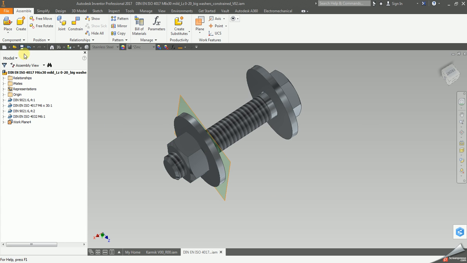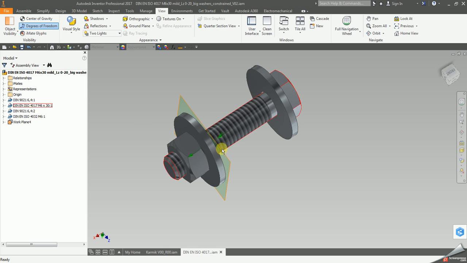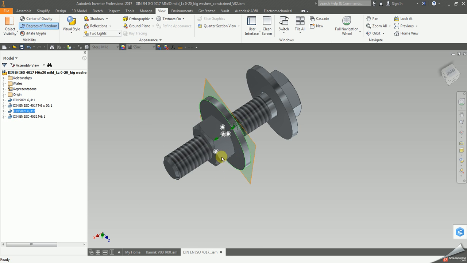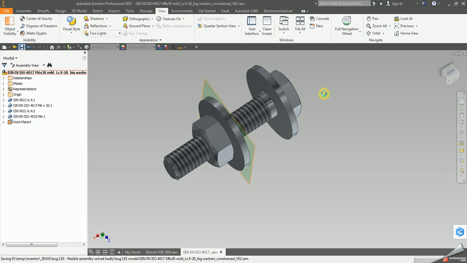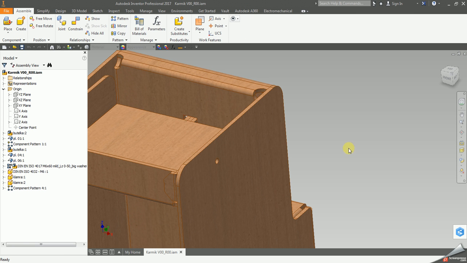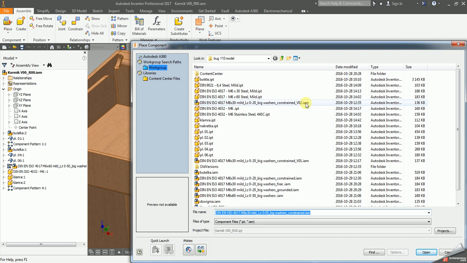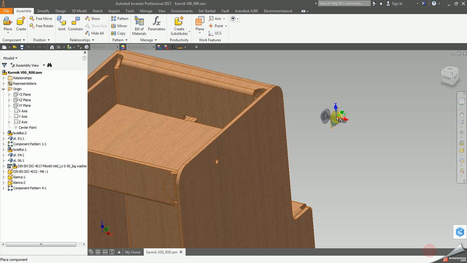So I will save that. If we examine the degrees of freedom, we shall see that we only have movement and rotation of the nut. Okay, so everything is fine. I saved that. And now I will place this flexible subassembly here. This was V02. I will make it flexible